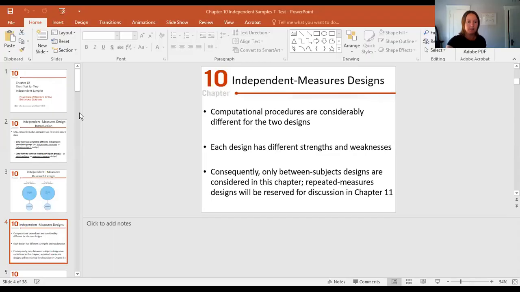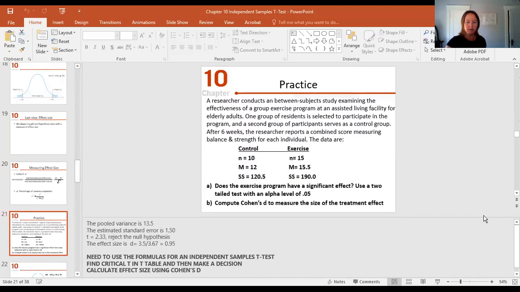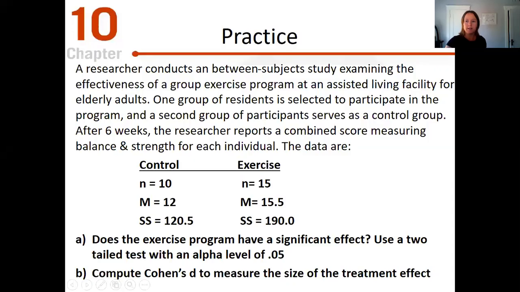Okay, let's go to one of the problems that we had in the lecture video. Here is a perfectly good problem that we can do together. A researcher conducts a between subject study. That basically means we're comparing two groups, examining the effectiveness of a group exercise program at an assisted living facility for elderly adults. One group of residents is selected to participate in the program, and the other group is a control group. They don't get the fitness program. After 6 weeks, the researcher reports a combined score measuring balance and strength for each individual, and the data are